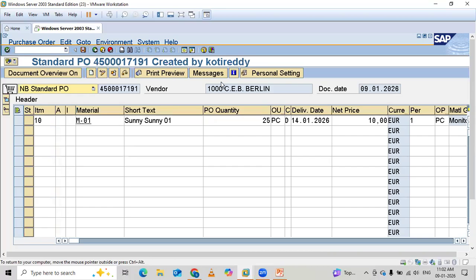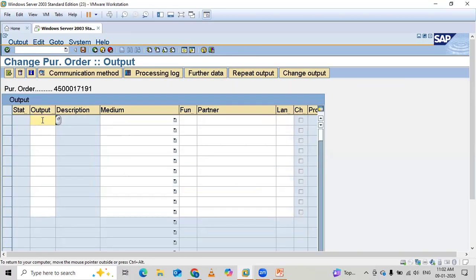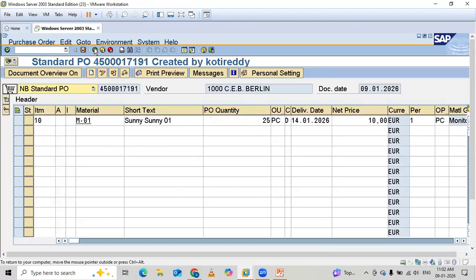So in messages, you need to send it to the vendor via printout or email, and that will go to the vendor. Almost all the time this PO will go to the vendor as an email. Sometimes a printout copy will be sent to the vendor.